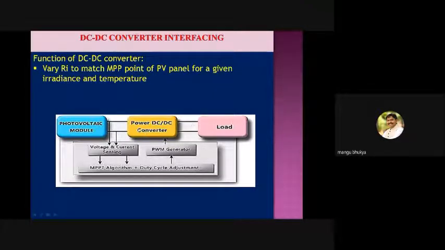If this scenario is not there, then there is no role for an electrical engineer. This entire solar system would be completely under mechanical. But now the role of the mechanical engineer is required, and the role of the electrical engineer is also required for the solar system. Only an electrical engineer can't do this, and only a mechanical engineer can't do it. Not only this, electric vehicles also: in an electric vehicle the role of the electrical engineer is important, and at the same time the role of the mechanical engineer is also required.